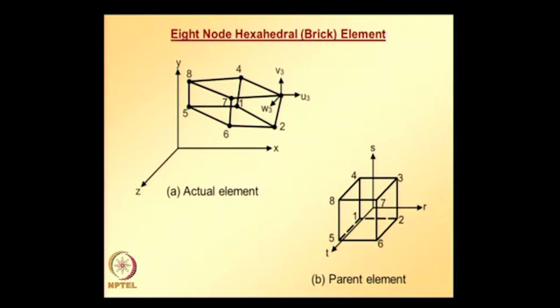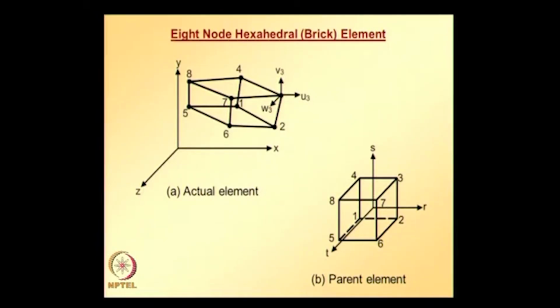And node 4 is located at r is equal to -1, s is equal to 1, and t is equal to -1,